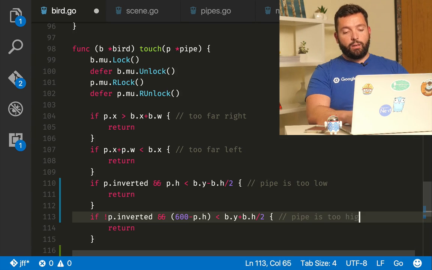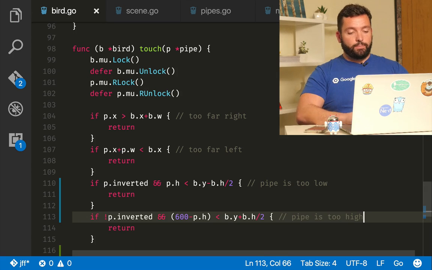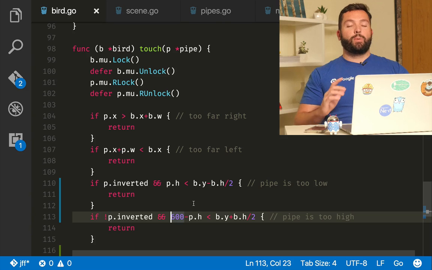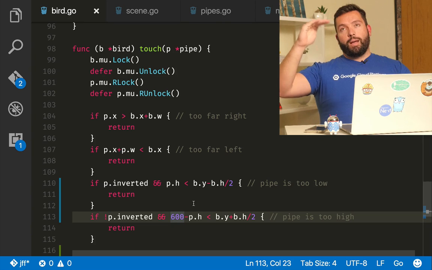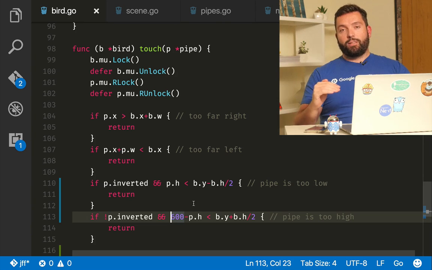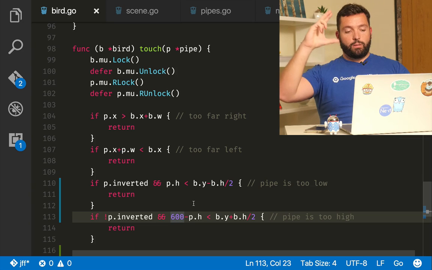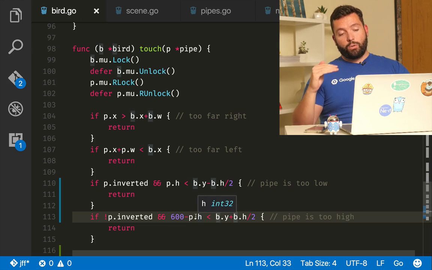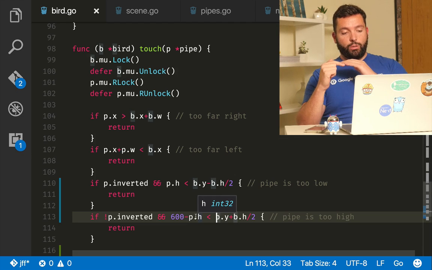is too high. So now what we're doing here is 600 minus pH. We don't need those parentheses. 600 minus pH is how low the pipe gets to, right? If it's 0, it gets up to 600, but if it's up to 300, for instance, we'll get down to 300, or 400, we'll get down to 200. So if that is lower than the position of the bird, including the top half of it, then we're colliding, and we should